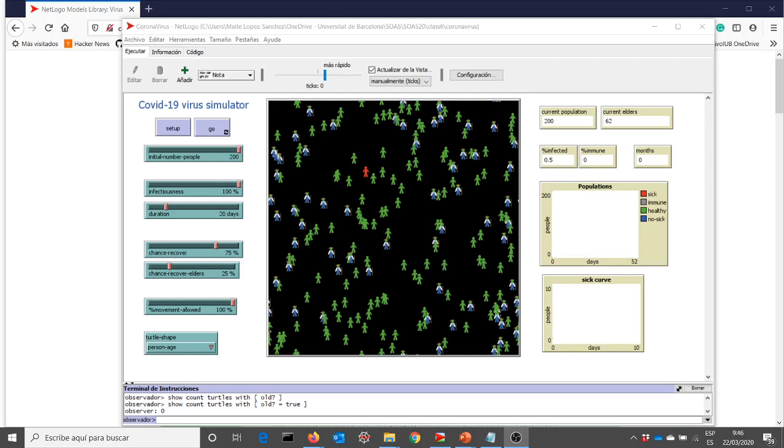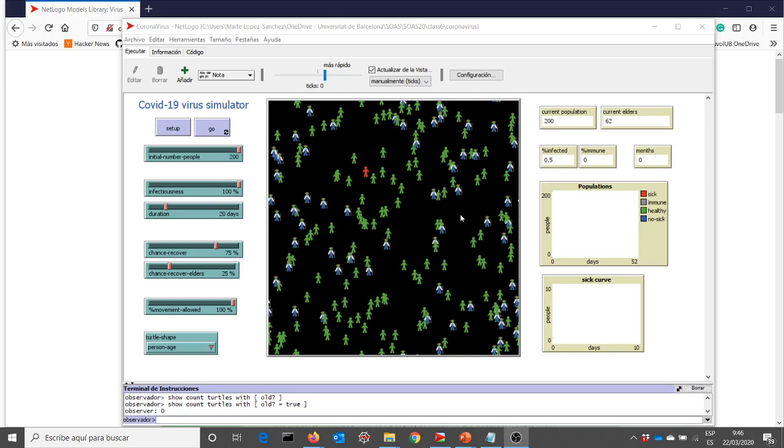First of all, let me show the interface. Here we have one initial individual. Again, we have a population consisting of 200 people, and one of them has been initialized to be sick. The positions of the people are randomly